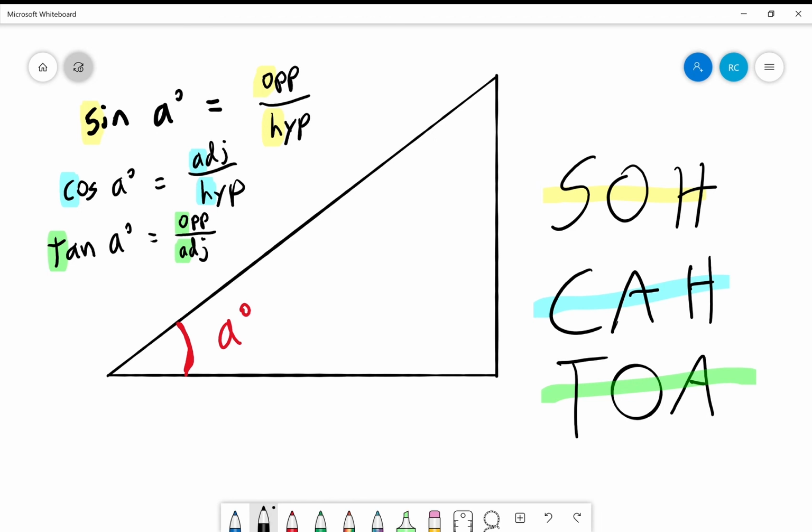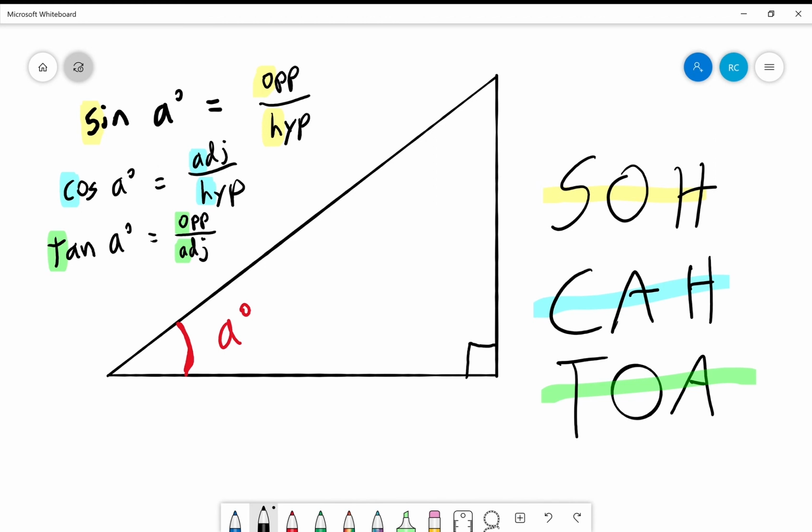Now again, for now, this only works for right triangles. We will find a way later on in the year to apply this rule to all triangles, but for now, we are focused just on right triangles. But I want to make this known to you. We are not just talking about a right triangle here. These tools, sine, cosine, tangent, plus the Pythagorean theorem, give us the ability to find the sides of any right triangle in the universe. And in the next video, we're going to do just so many examples of using sine,